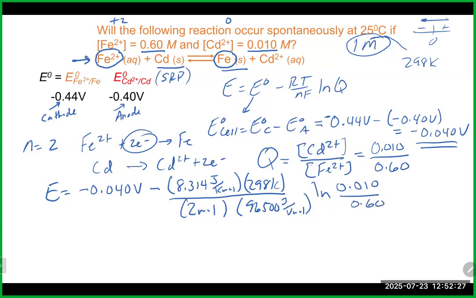So getting some numbers here. We're going to take 0.01 divided by 0.6. I'm going to take the natural log of it. I am then going to multiply it by 8.314, multiply it by 298, divide it by 2, and then divide it by 96,500. That is going to yield negative 0.04 volts minus a negative